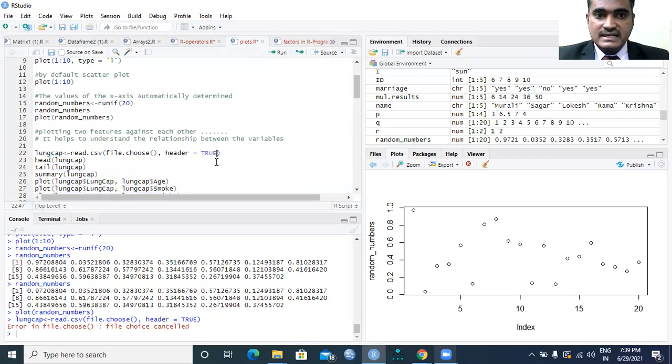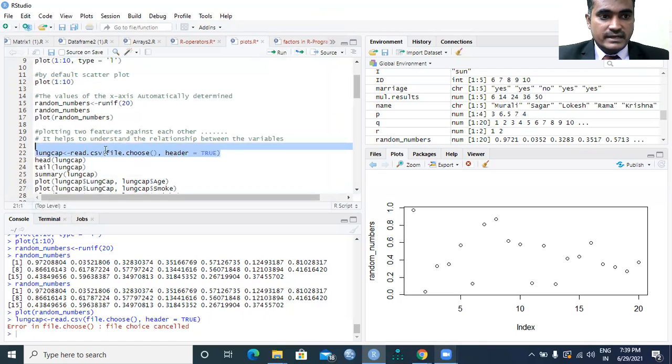Header equal to true, because the file that I'm trying to import from the desktop includes a header, so that also needs to be selected. So for importing a .csv file, we need to use the function read.csv.